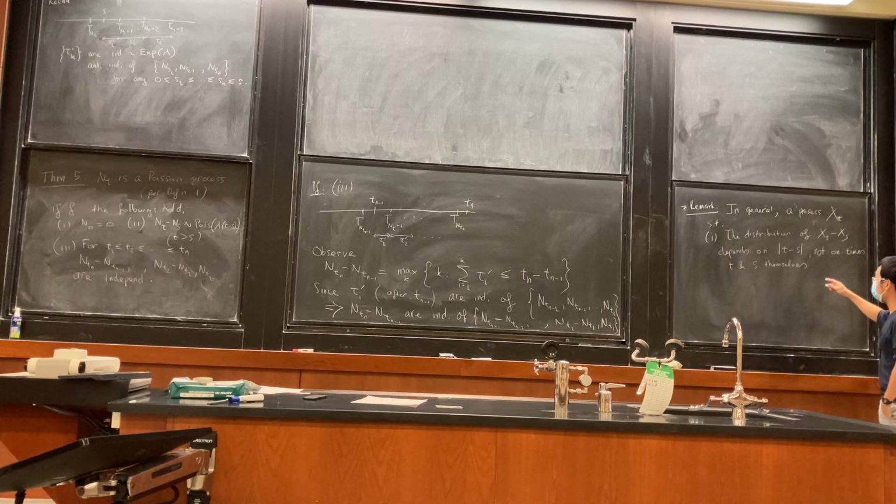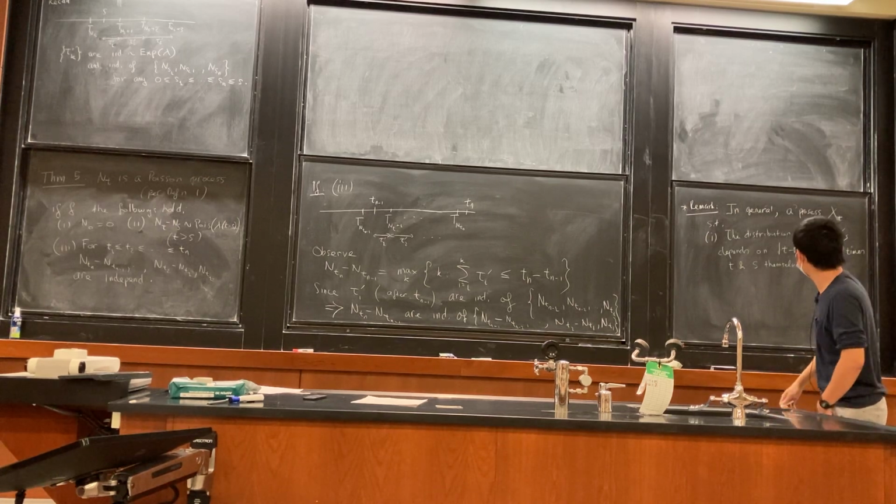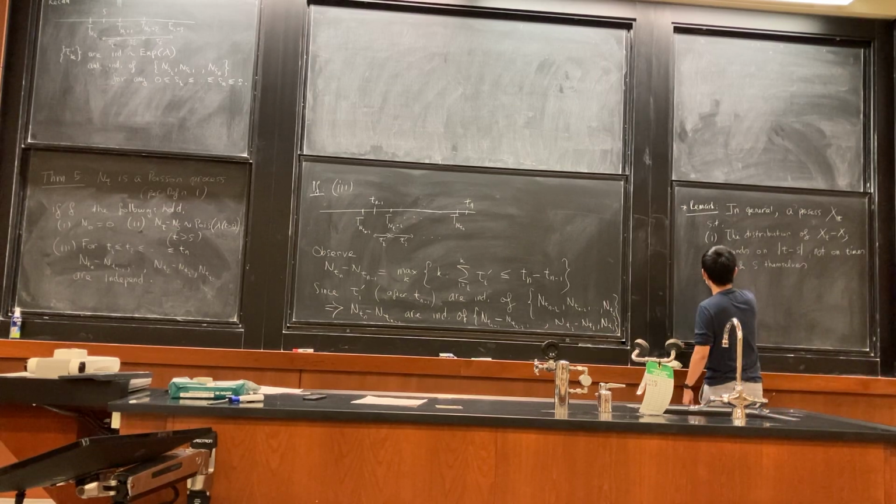So the distribution is determined basically by the length of the difference in time, not the times themselves like t and s. All right. Second piece, the so-called independent increment,